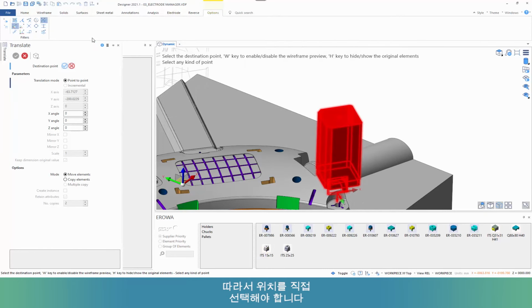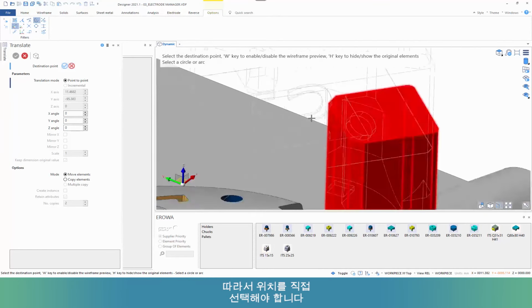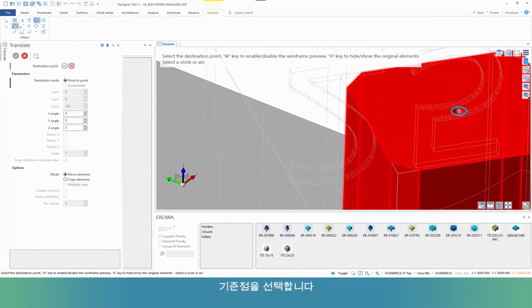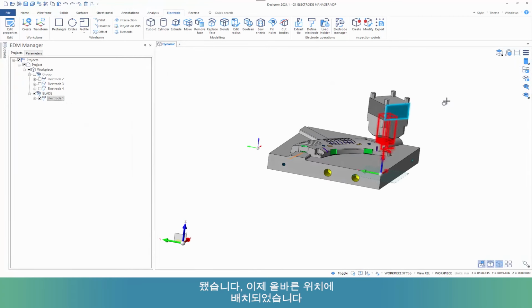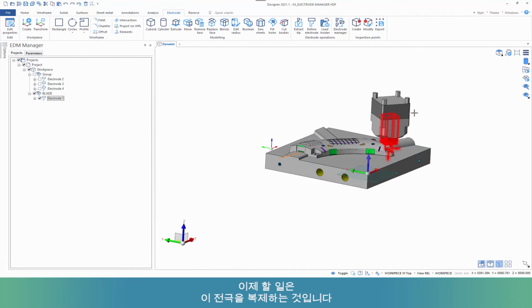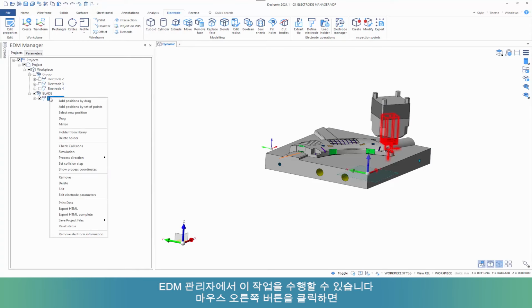So I need to pick a position manually. If I just come in and select a reference point there, it now puts it in the right position for me. So what I'm going to do now is duplicate this electrode. I can do this from the EDM manager. If I right click, I've got a number of options for duplicating electrodes. So if I add a position by dragging,